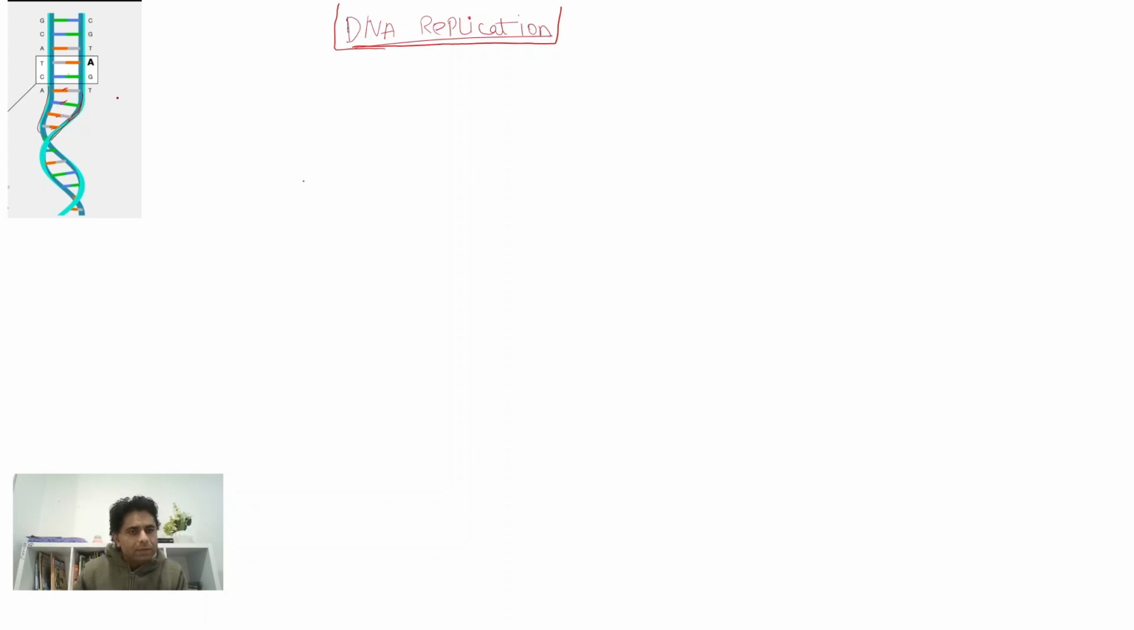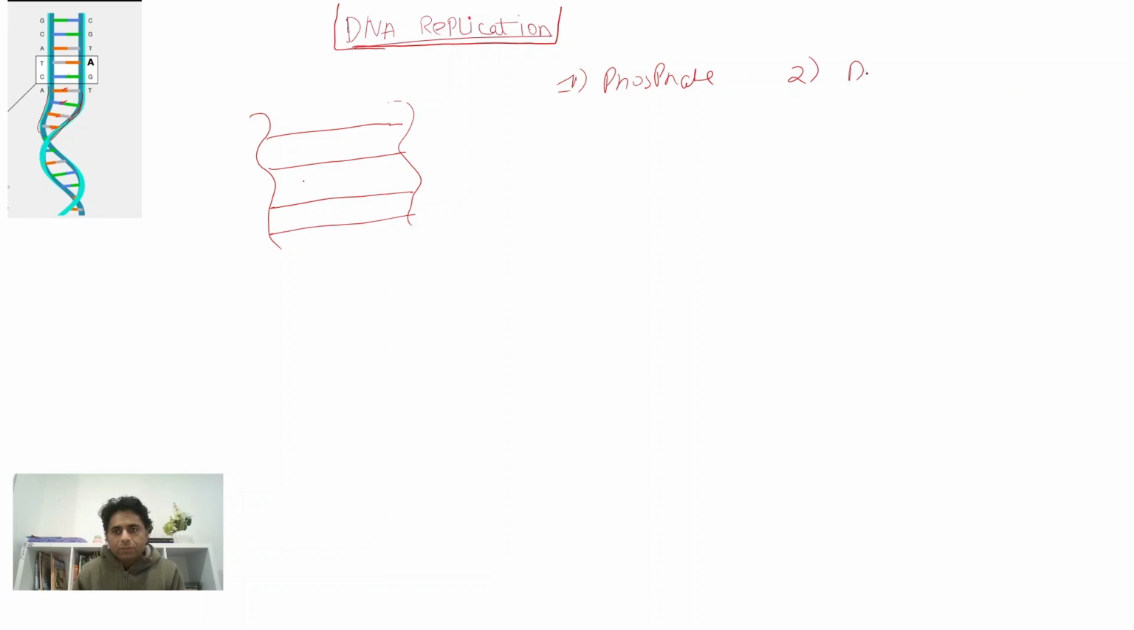Okay, so let's discuss the railing first. This is one railing and this is the second railing, and the steps are the nitrogenous bases. Okay, let's draw the structure first. Let's draw the railing first. The railing is made up of two components. The first one is the phosphate group, and the second one is the deoxyribose